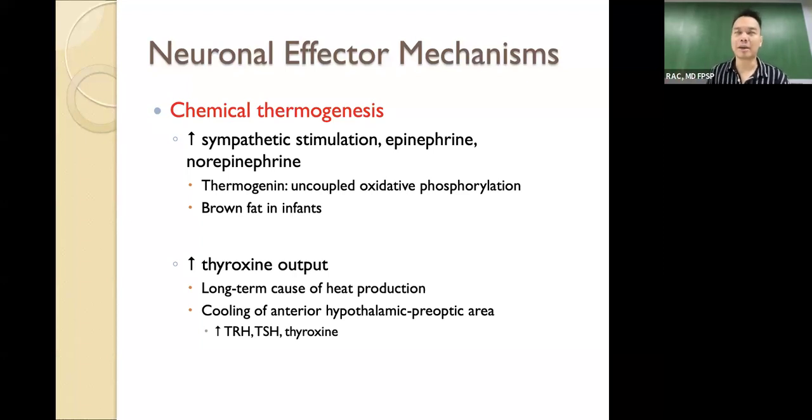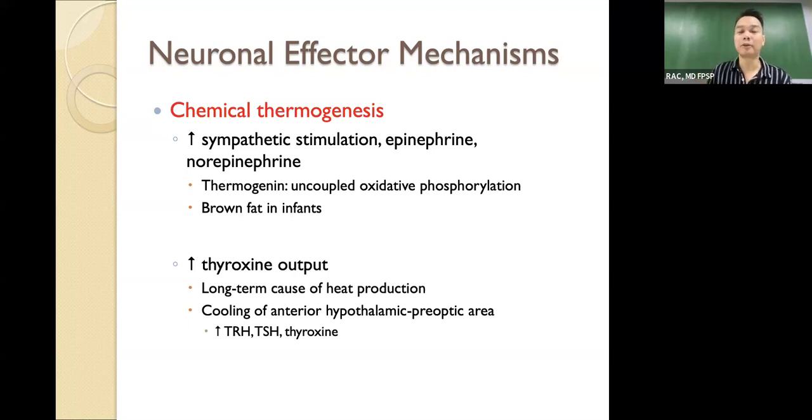If you will recall your biochemistry, when we have, let's say, carbohydrates or foodstuffs, whenever oxygen is present, they are chemically broken down, and you enter the Krebs cycle and you enter the electron transport chain in order to produce ATP. So that's your energy currency. And you have to break down ATP just to liberate heat. So that's your oxidative phosphorylation.